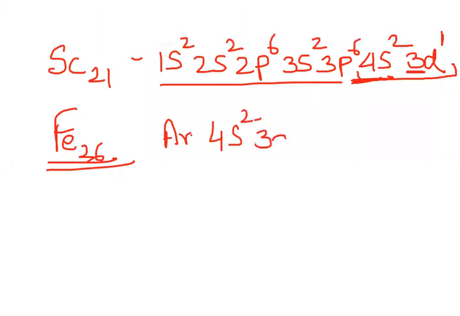Or if I'm writing just the outermost electrons in the valence shell, then both these shells will be taken into consideration. So you have 4s2, and you know that till 4s2, 20 electrons have been added. So you now have 6 electrons. So this is going to be 3d6. All right. So if it is 3d6 in the case of iron, to which period will it belong? Obviously to the fourth period. So the position is in the fourth period.